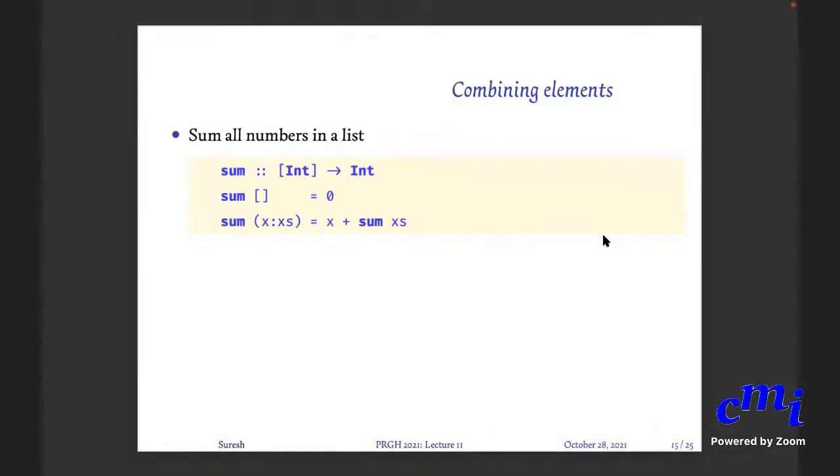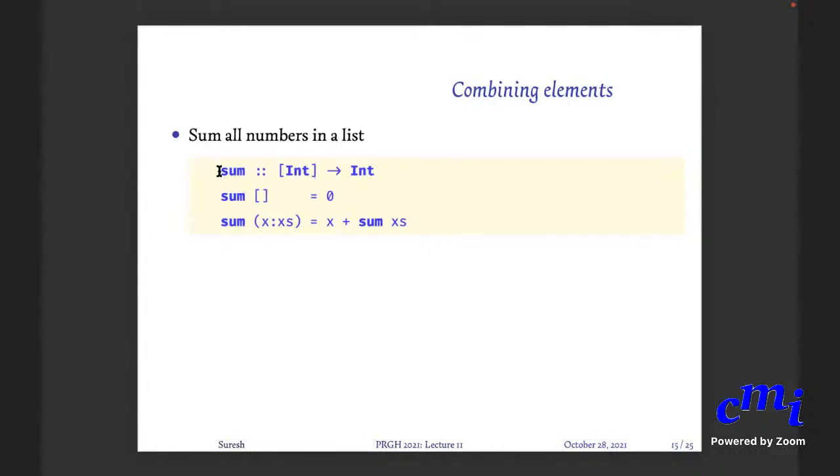So now I have 10 minutes. I'll introduce something, but we'll come back to this and do it in more detail in the next class. We have seen several patterns of doing things. Till now we have seen things where you look at the list element by element. You do something on every element of the list, or you do something on the corresponding elements in two lists. Finally, you can do some other pattern of computation, which is you want to somehow do some operation involving all the elements of the list. You want to combine elements in a list in some manner or the other.